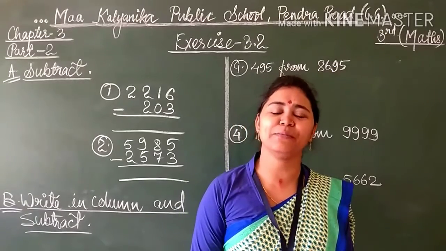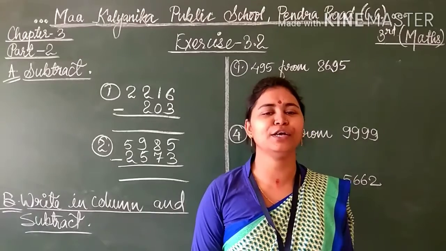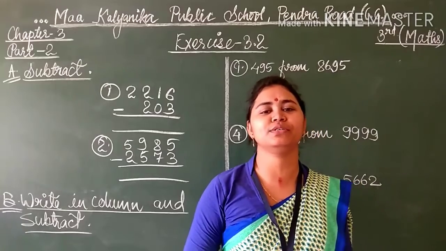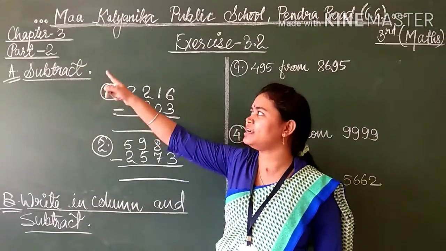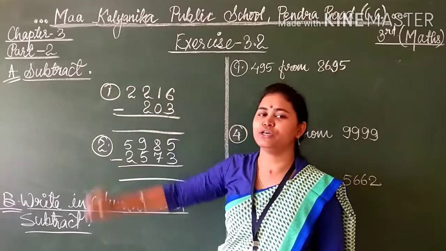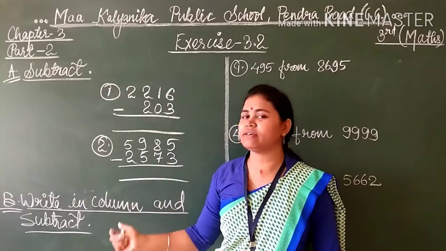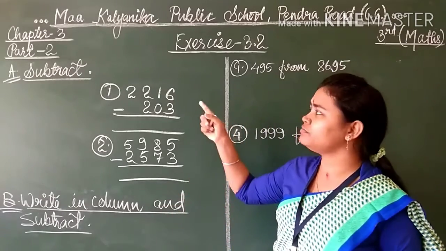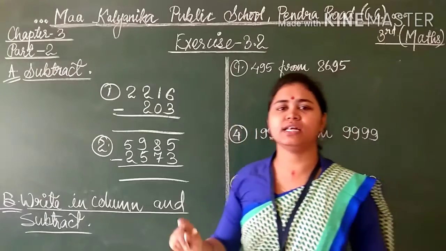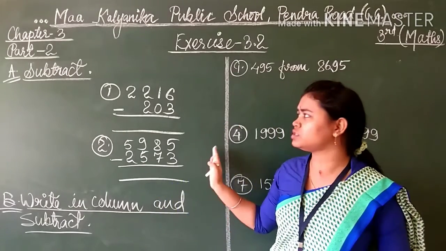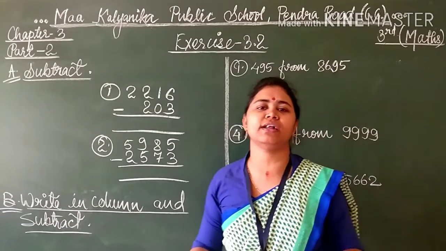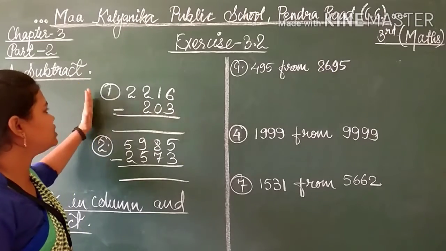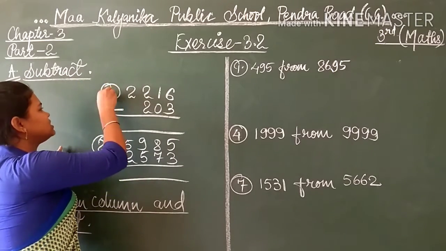In this video, I am going to teach you class 3rd Maths exercise number 3.2. Yes students, 3.2 is the second video of chapter number 3. So I have written here chapter 3 part 2. Here question number A is given and question number B. Yesterday, in the previous video, we solved exercise 3.1. The chapter is subtraction. Here also only subtraction is given, only the digits are increased. I have solved a few questions for you. Now let's see how to solve.